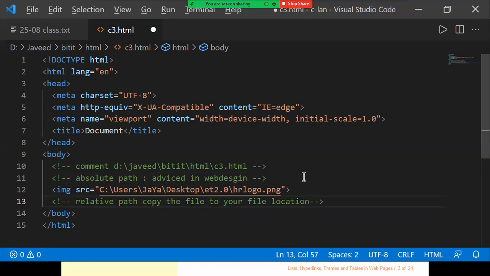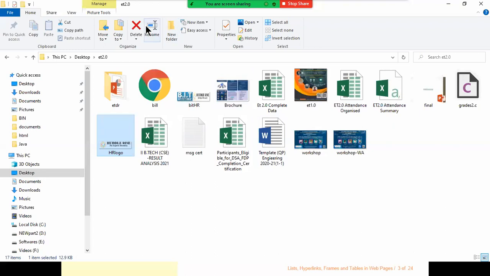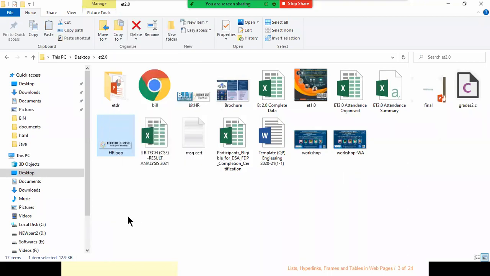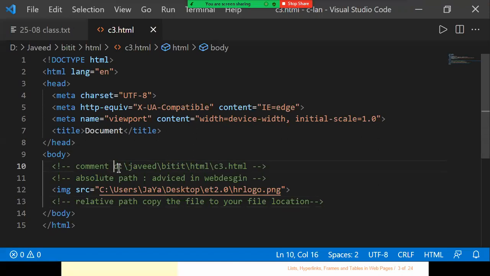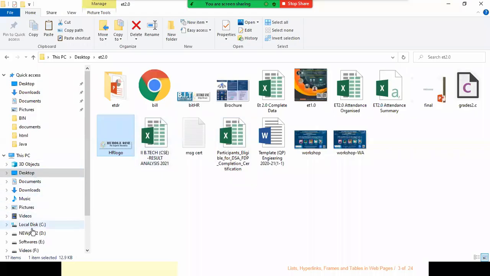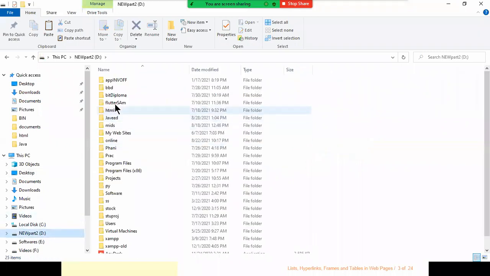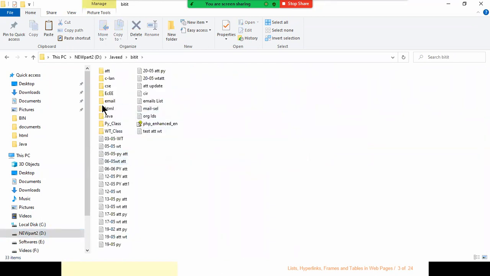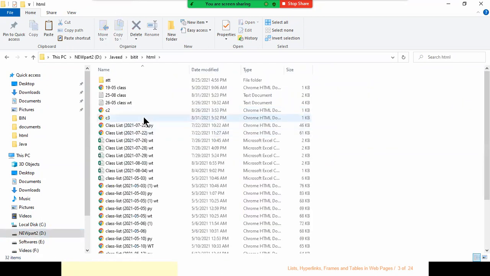So I'm going back to my file explorer. I right click on the file and choose the option called copy. My file is present in the D drive, so I go to the location where my file is present. I have a folder called HTML there.